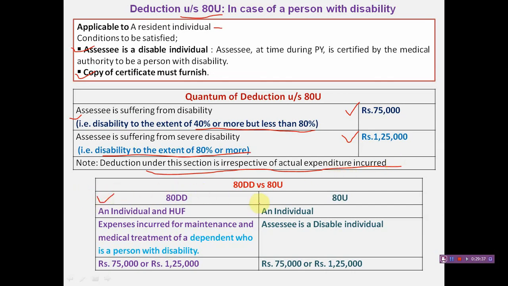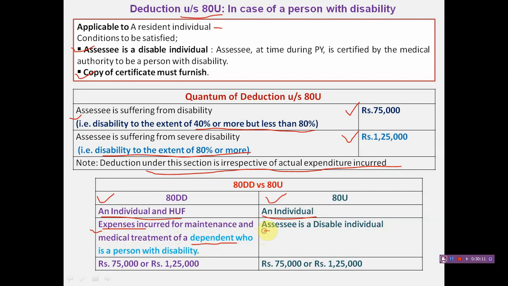Here I made a comparison of these two just to clarify both the deductions. Deduction under section 80DD is applicable to individual and Hindu undivided family, but deduction 80U is to an individual. When is the deduction allowed, or for which the deduction is allowed? It is for the expenses incurred for the maintenance and medical treatment of a dependent who is a person with a disability,